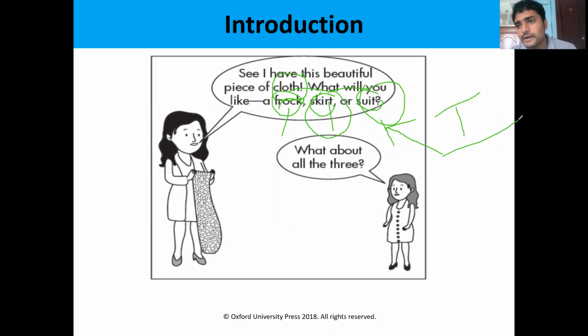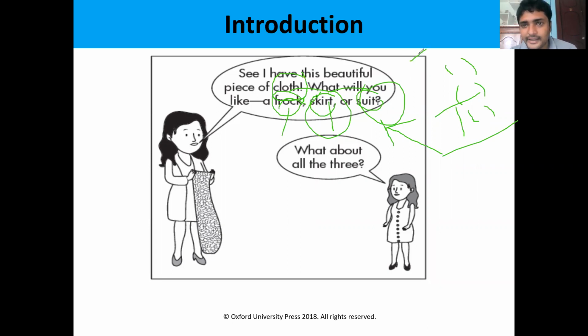All these things at a time we cannot implement, but if you have the method declarations, that can be very easy. We have three declarations: frock, skirt, suit. The interface consists of three methods.